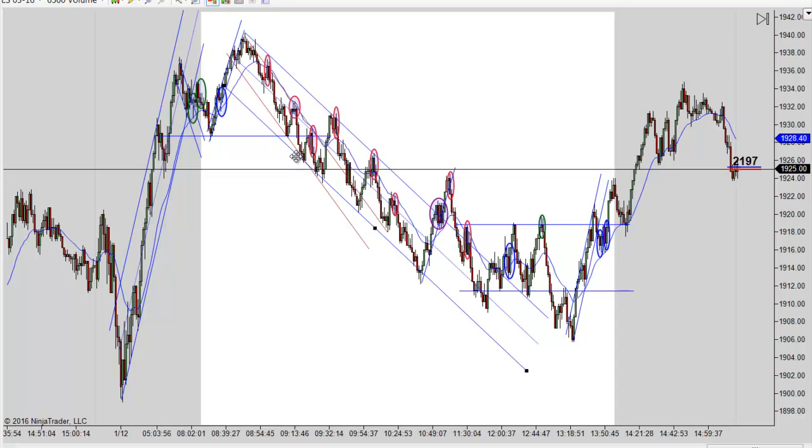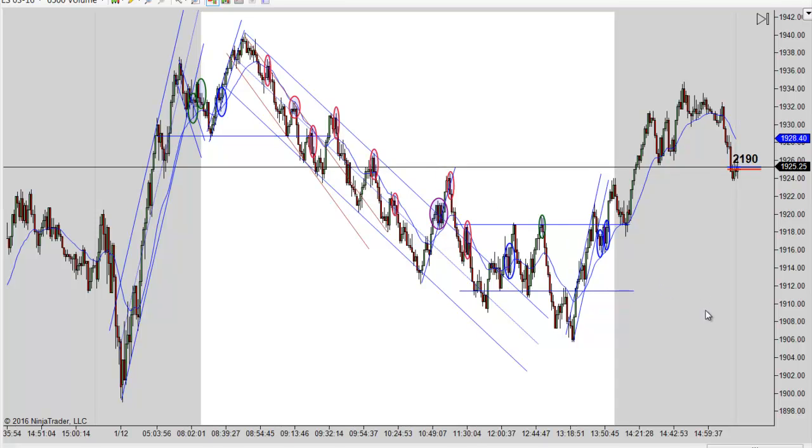be aware of. And you can see there's a two-tiered larger channel working down, and there may even be a bigger channel in there. I didn't even look. You don't need it. You have this right here. This one move here gave you enough trades to be a really good day, and then we kind